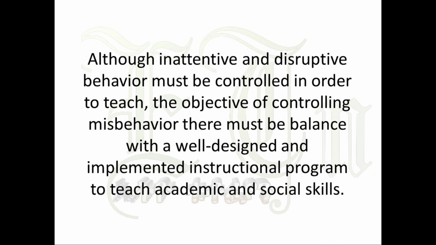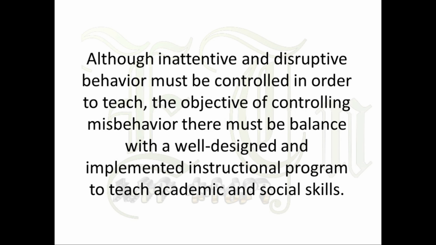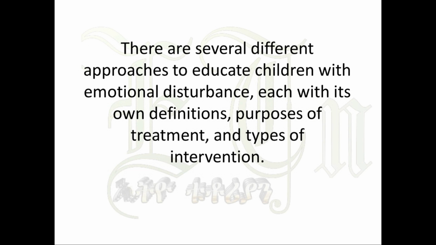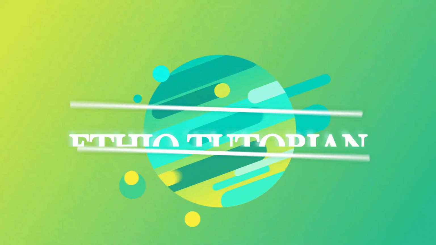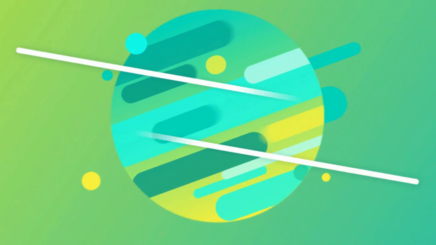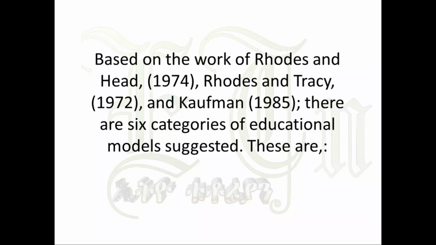Although inattentive and disruptive behavior must be controlled in order to teach, the objective of controlling misbehavior must be balanced with a well-designed and implemented instructional program to teach academic and social skills. There are several different approaches to educate children with emotional disturbance, each with its own definitions, purposes of treatment, and types of intervention. Based on the work of Rhodes and Head,